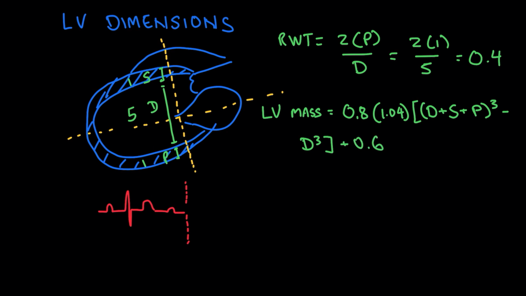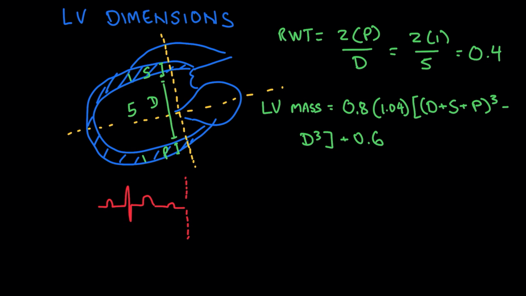It's a bit of a long formula. Let me fill in the numbers here. In our case, that would be equal to 0.8 times 1.04 times the diameter plus the septal plus the posterior wall. In this case, 5 plus 1 plus 1 is 7, cubed, minus 5 cubed, plus 0.6. And that equals roughly 181